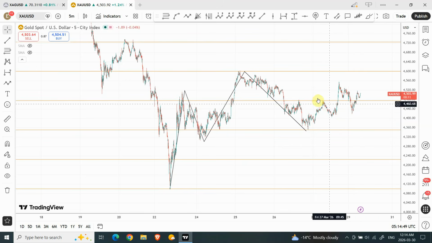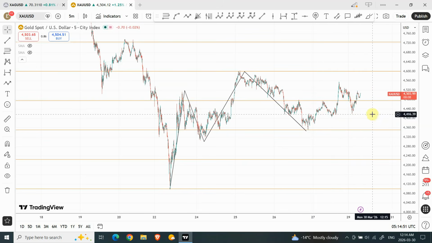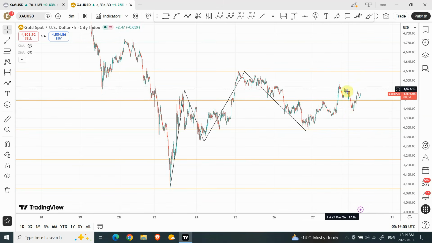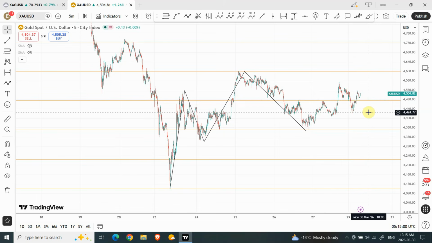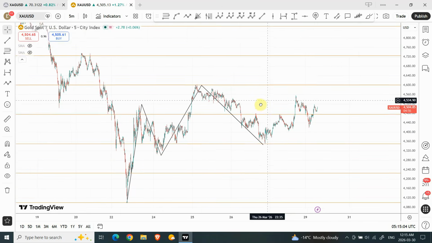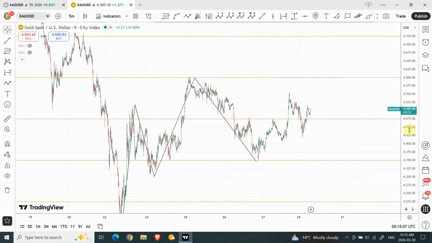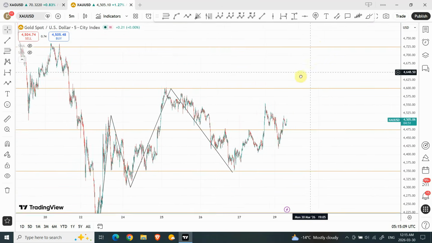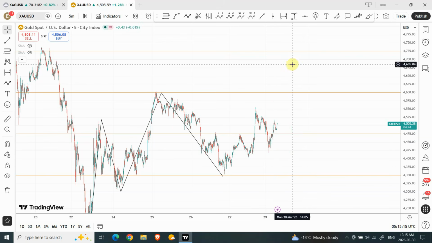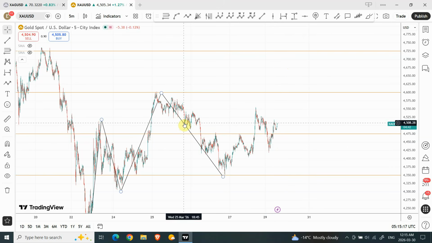But do understand these structures can actually go sideways before they complete. So it can easily go this way and go up and come down as well. So be really careful what you do as far as the smaller time frame analysis. If I were to take a very small position as a retail trader in terms of day trading, I'm expecting that we can probably use this lower low, which is 43.50, and we can expect the prices to go up. I will express where I'm looking for the price structure to go.